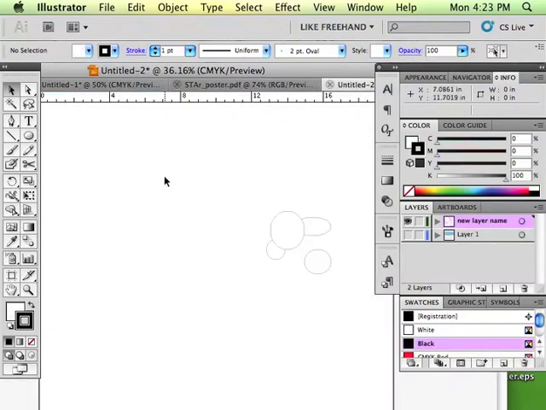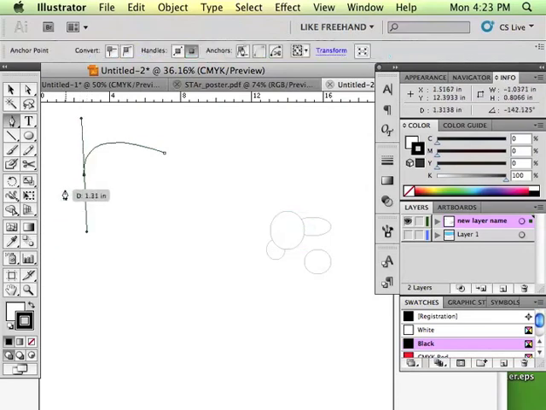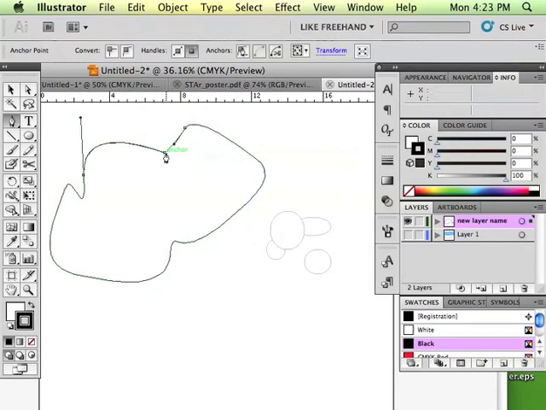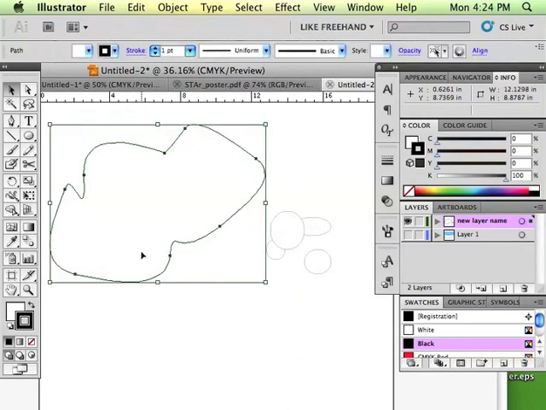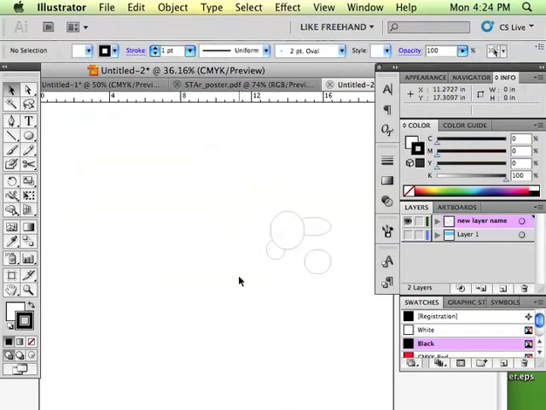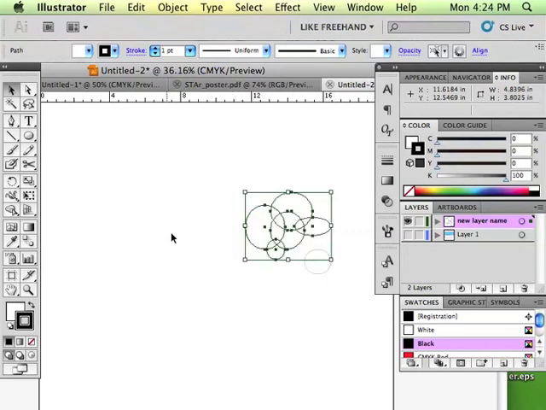I could have gone through and with my pen tool created cloud shapes and drawn this by hand, and it's not looking so great, but that is sort of a thought bubble, right? And I could go through here and I could carefully make it look better, or I can take these elliptical shapes and make a bunch of them overlapping and then select those and use a tool that's found in the Pathfinder tool